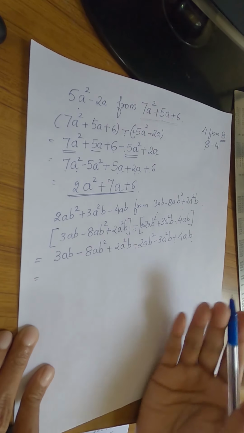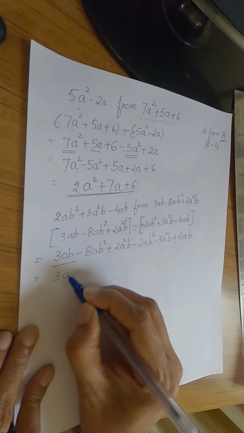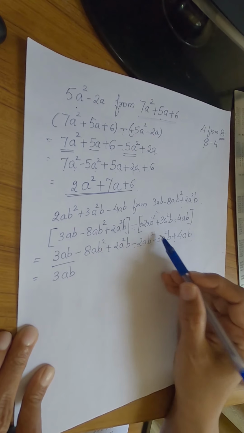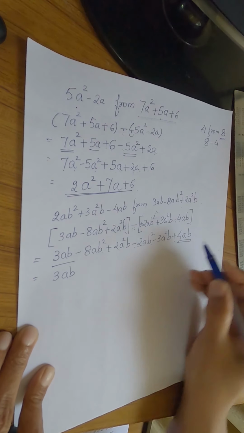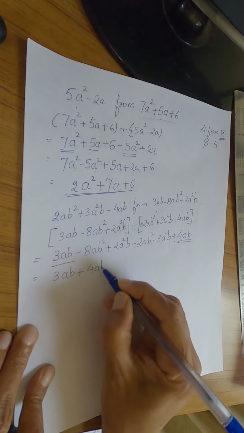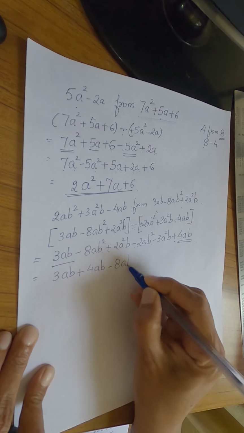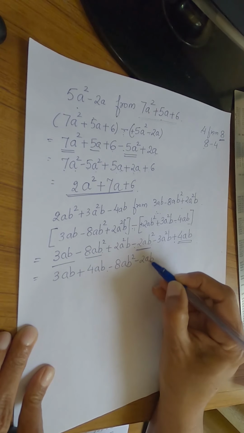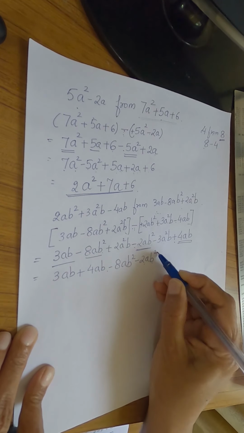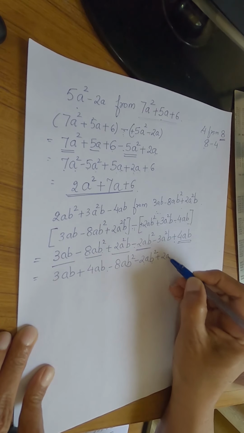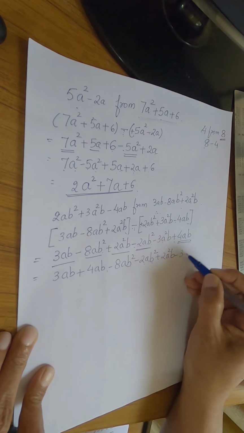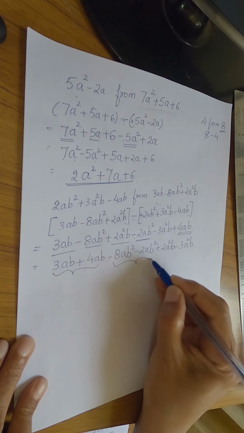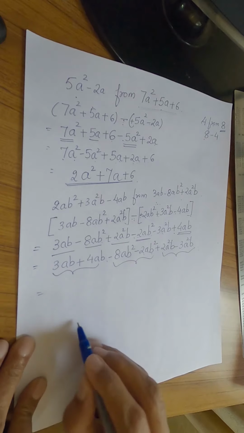Next we collect all the like terms together. Let us say 3ab. It cannot be a like term with the others because there is b square, a square b, and so on. This one is identical to 3ab. Next is minus 8ab square. So you see this is minus 2ab square, ab square, ab square. Next is plus 2a square b and minus 3a square b. Now we have got all the like terms together. What we have to do is simple addition.